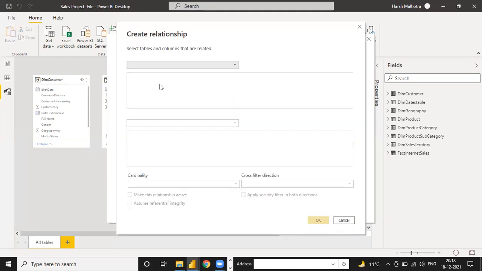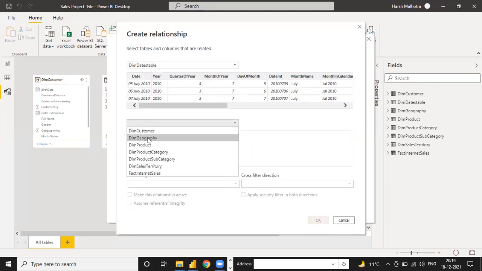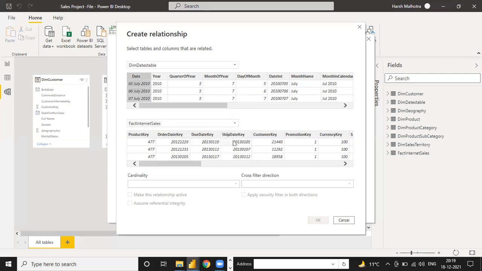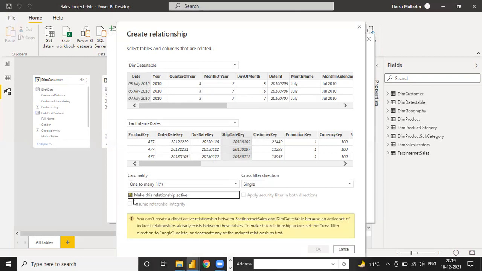In the same way, if I click new table again, go to the dates table again and then the fact table, and click on this and this, you see the relationship is connected, but here we have a checkbox to make this relationship active. Suppose you click on active, you cannot create a direct active relationship between fact internet sales and the dimension table, because an active set of indirect relationship already exists between these tables.